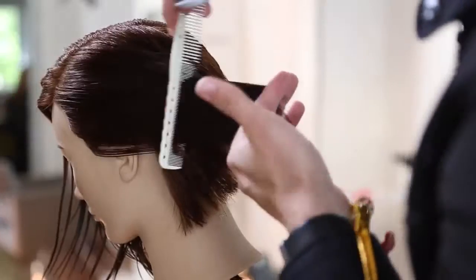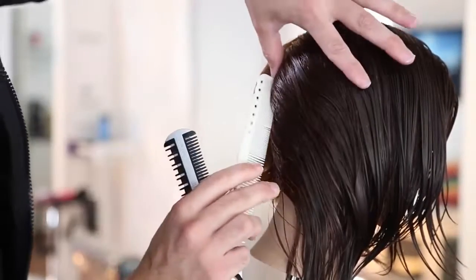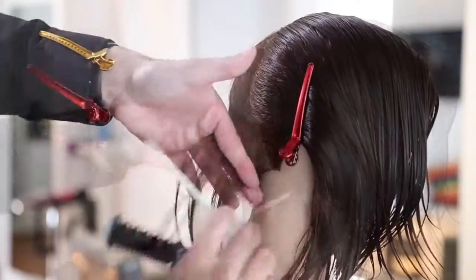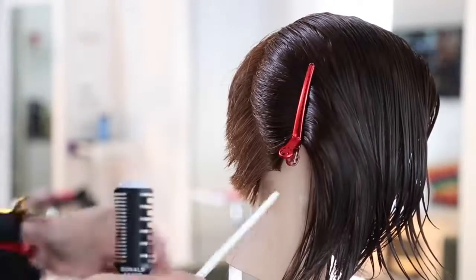So now as I finish off that side, you'll see there's not much hair that I'm cutting. This mannequin has a previously layered haircut, so that's stuff that you have to factor into, which we'll work on in the dry portion of this haircut as well. So I go through, finish off the side. I've definitely pushed a lot of weight to the front. We're going to mess with that later on in the dry cut,